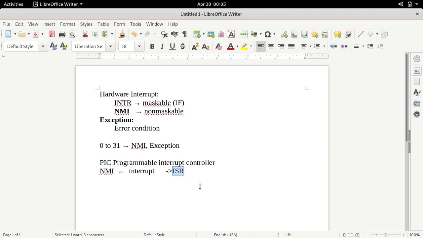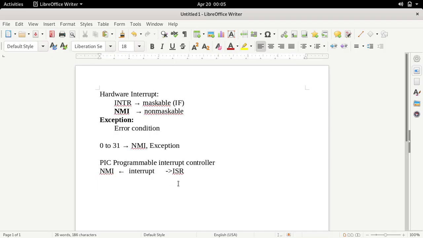At this time, let's assume that another interrupt has come again on the NMI pin. Are you getting this situation? One interrupt has been received on the NMI pin, so the 80386 transfers control to the ISR. Now this ISR is under execution. When it is under execution, suppose another interrupt comes again on the NMI pin. Will that interrupt be serviced immediately by the 80386? No. This is the meaning of this sentence: NMI will mask further NMI.